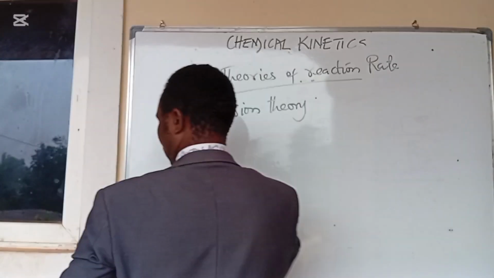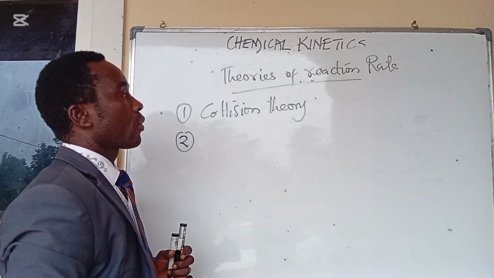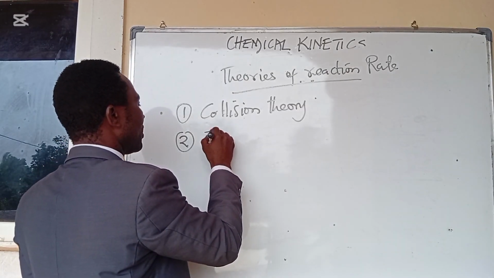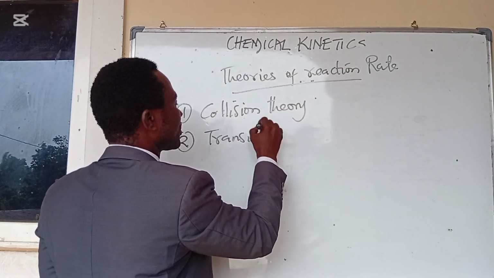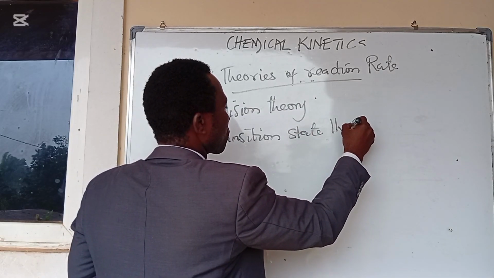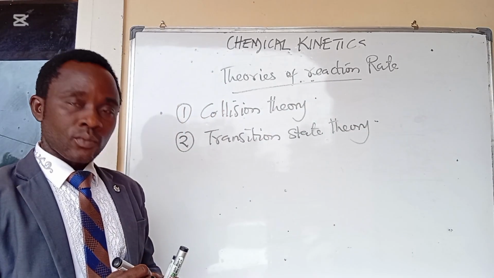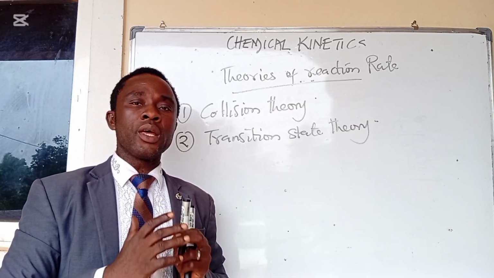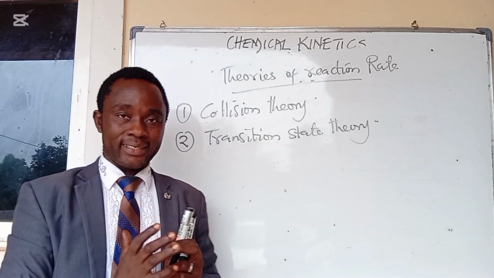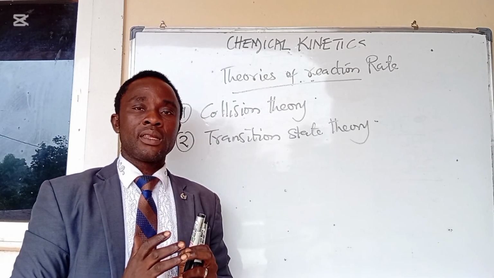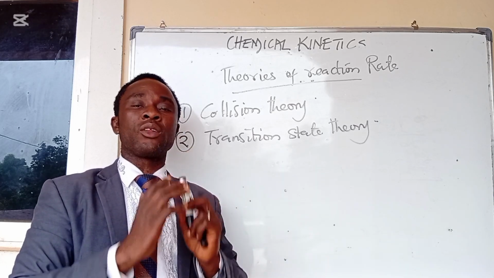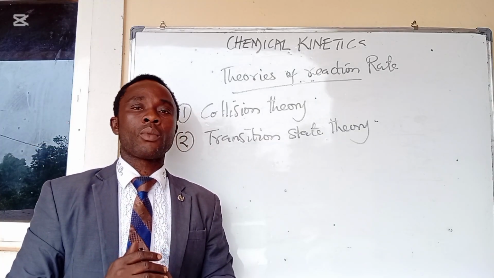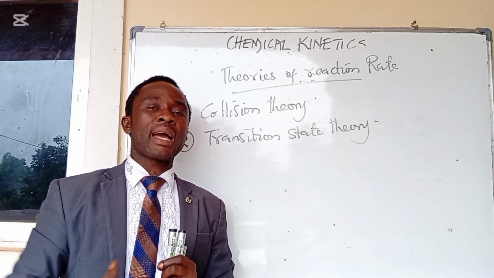Of reaction. Then number two, another theory of reaction rates, or theory that was put forward to explain collision, is transition state theory. What is transition state theory? Transition state theory holds that there must be a high energy state that must be reached by the reactant. A high energy state that must be attained by a reactant before a chemical reaction can